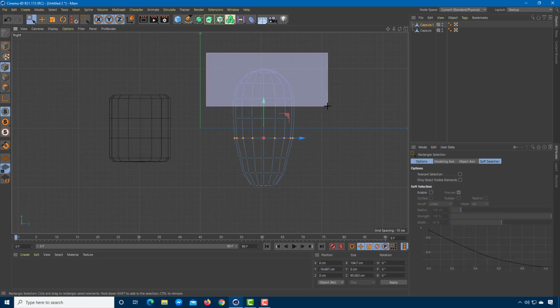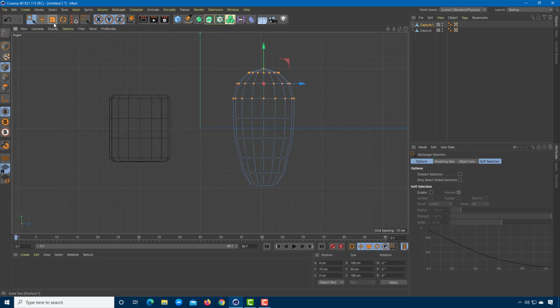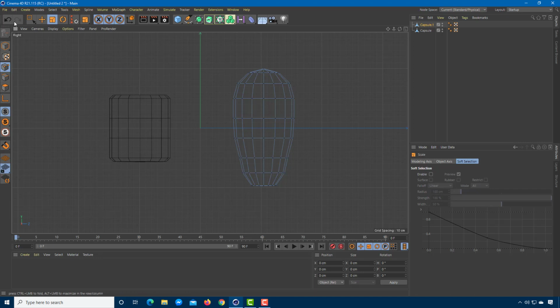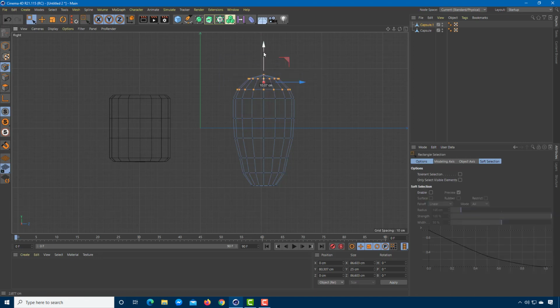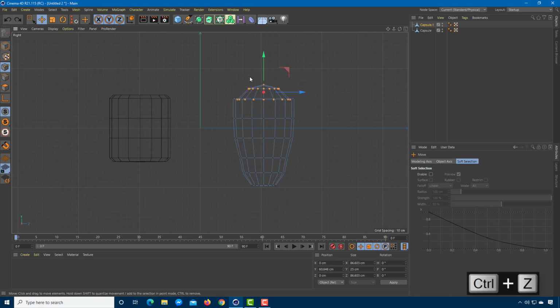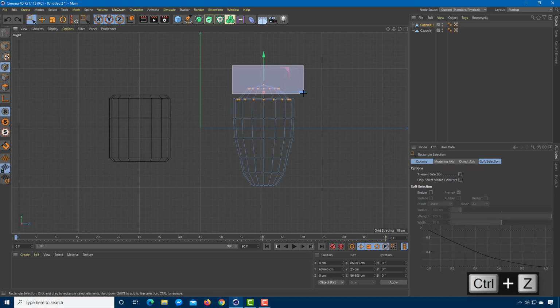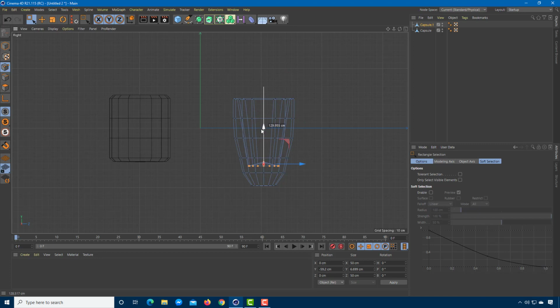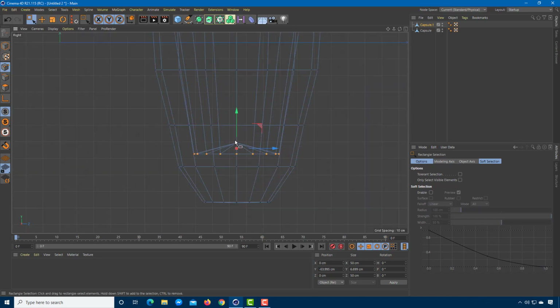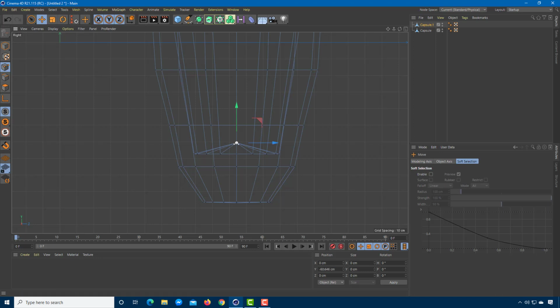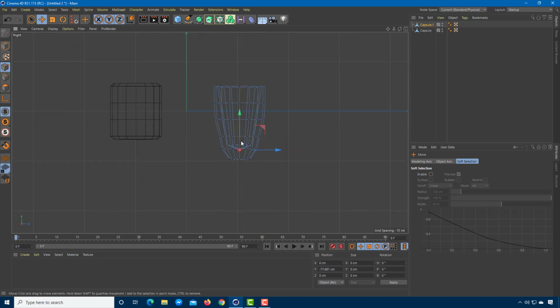Now I'm going to go around with the top part right over here. Make sure that you select everything so everything happens evenly. Just like this, I'm going to go over here onto the top part and select this one out right over here. Let me just move around. I want to make it look like a cup. This is going to be the starting point right over here, and the other part is going to go inside. So I'm going to select this out right here and then move it inward. So there's a hollow part over there, and right over here I'm going to select this point and move it downwards. So just move this down so it actually looks like a cup just like that.